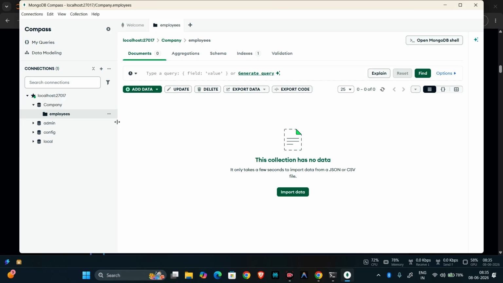If we click on create, you can see here we got the company database, and this is the collection. So how can you add data in the database? Here you can click on the add button. You can insert one single document, or if you have a JSON file or CSV file, you can use that also from insert. If I click on insert document,